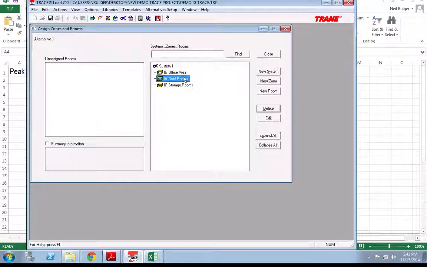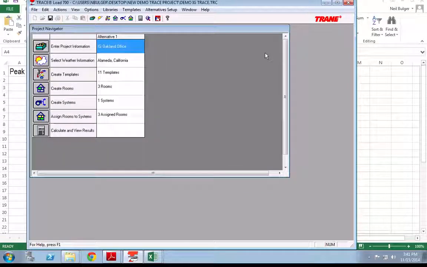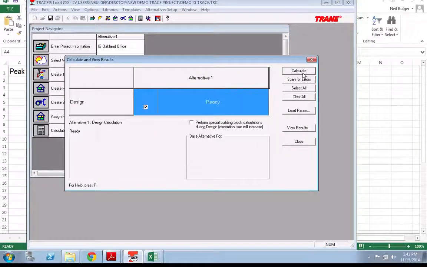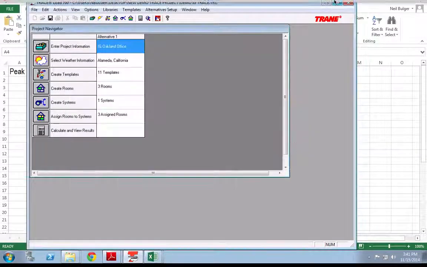Okay, so I've assigned my rooms. It's as easy as that. We're going to hit close. At this point I'm going to save. And, well, I'm not going to calculate. All right, I'm going to stop there, and next we're going to talk a little bit about some unique